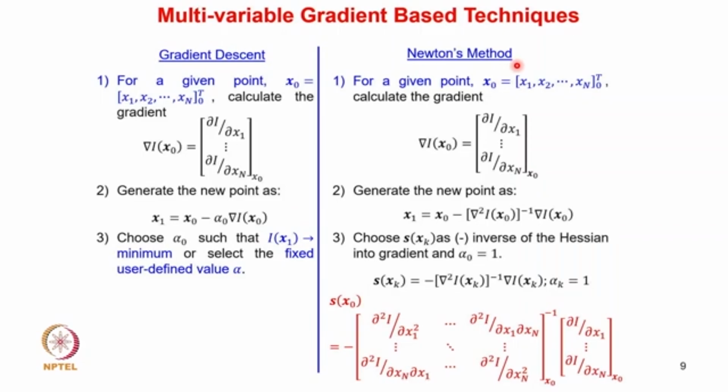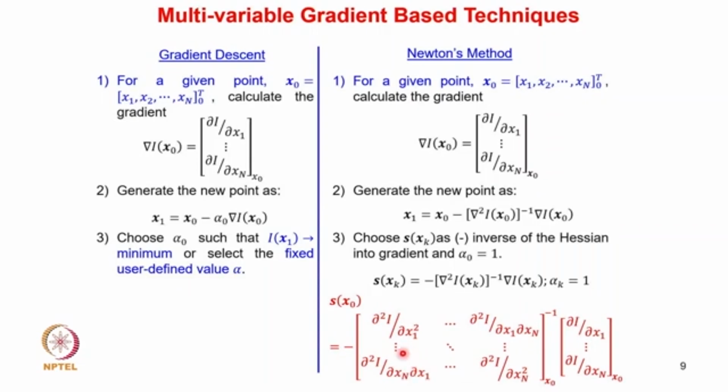So the next method is Newton's method. In Newton's method also we start with the initial guess values. Guess values of all the variables x1, x2, xn are given at the 0th condition. Then we calculate the gradient dou I by dou x1, dou I by dou x2, dou I by dou xn, and then again we are calculating the